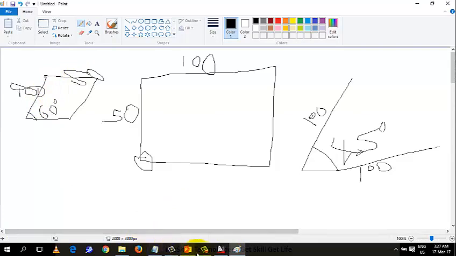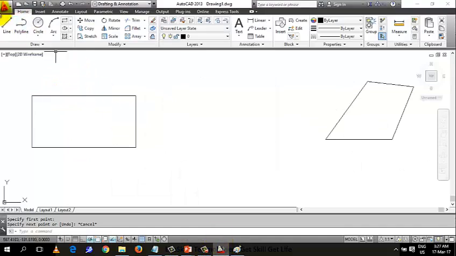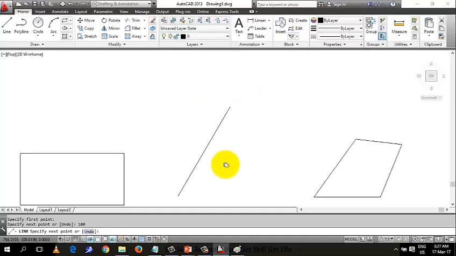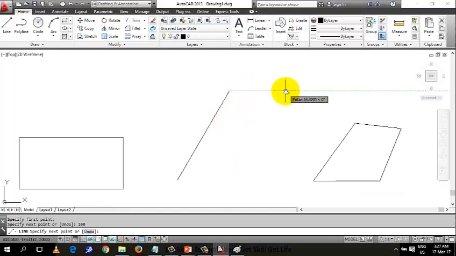Let's draw that parallelogram. If I come here, I click line command, start here, I move at 60. I'll just type the length. That's 100. That's direct distance. So I move here, I type 50. Then, the problem I may have here, I may have to escape because if I want to draw this line, I may have to set the angle